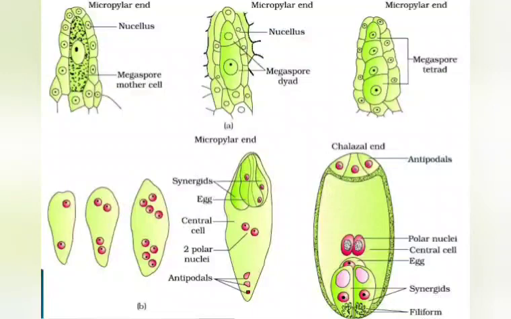Now you can see the embryo sac which is fully developed, has got a very peculiar arrangement. 3 antipodal cells, 1 central cell, and